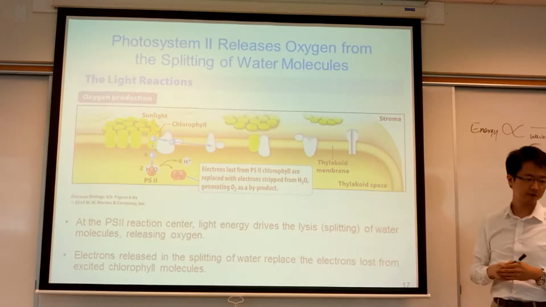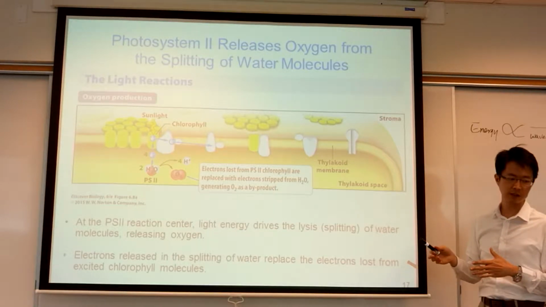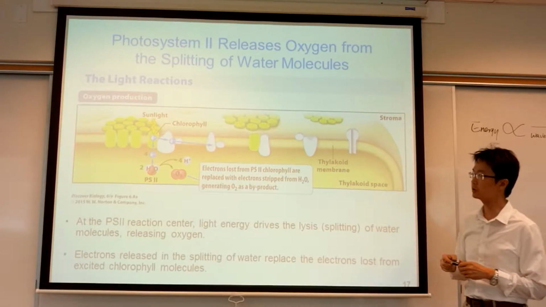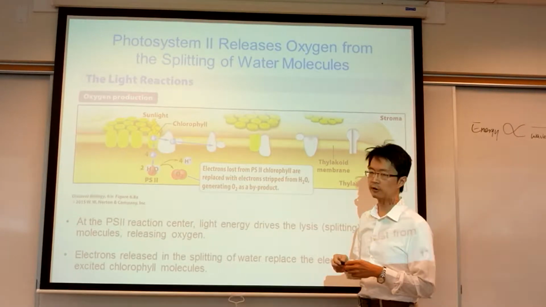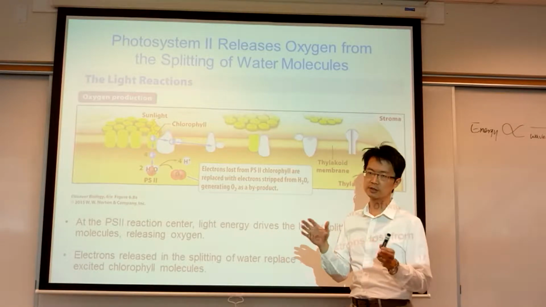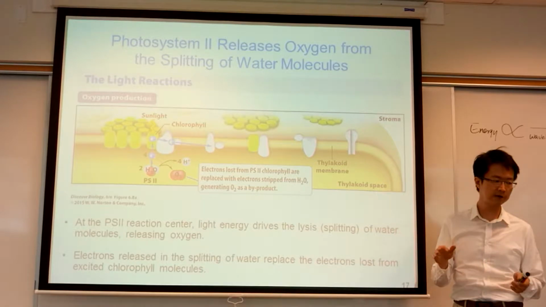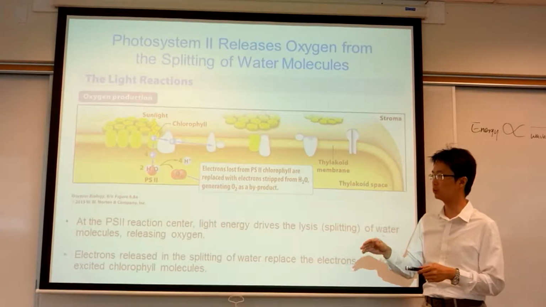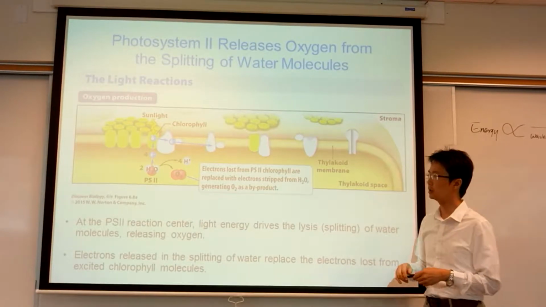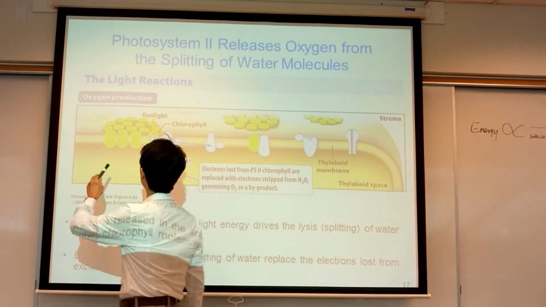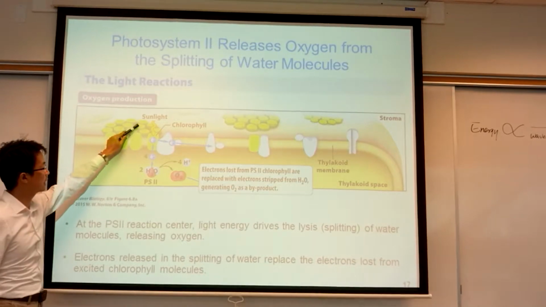Okay, instead of looking at photosystem 1 in detail, we look at photosystem 2 in detail first. The first step in the light reaction. Photosynthesis has two steps, light reaction and Calvin cycle. But in the light reaction, we have photosystem 2 and photosystem 1. Let's look at photosystem 2 first. Photosystem 2 absorbs sunlight, and then